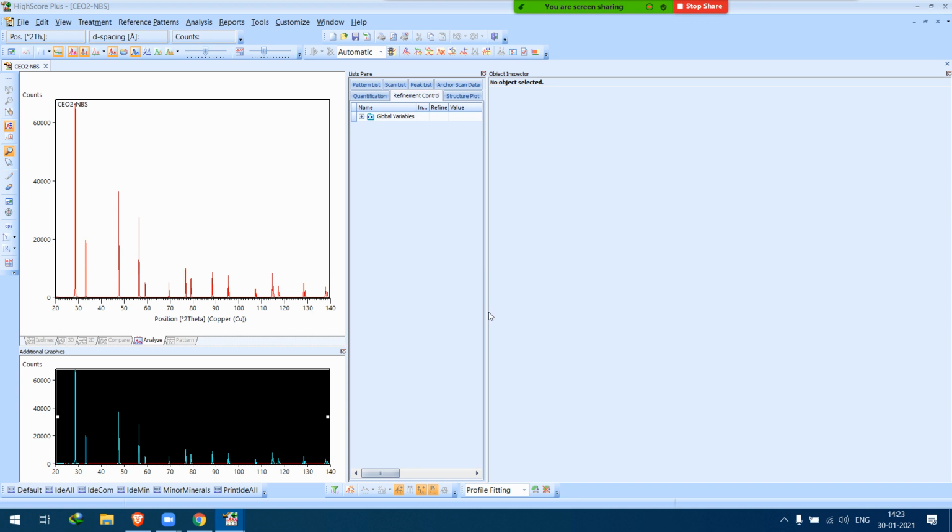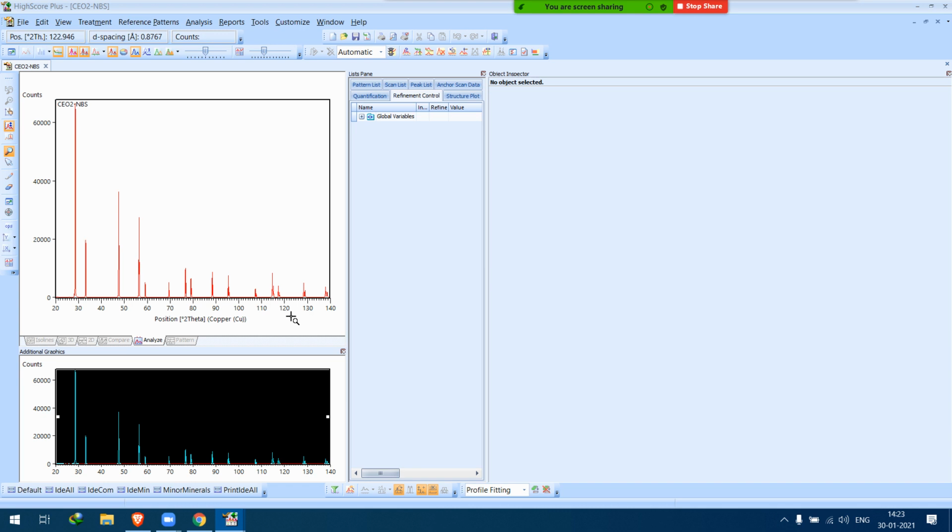Okay, so we'll start with the Scherrer equation. I hope everyone is aware of the equation. It's K lambda by beta into cos theta. You are aware that the Scherrer equation does not consider any strain in its calculation.